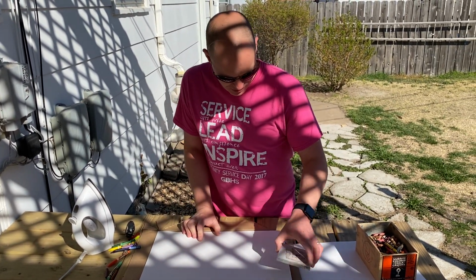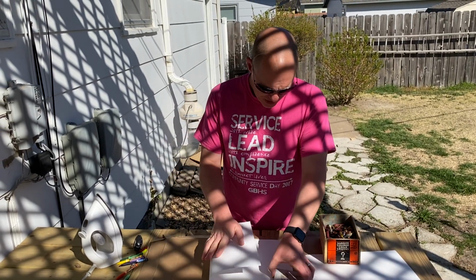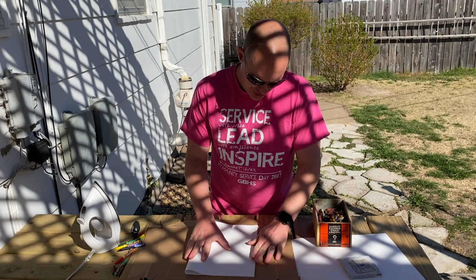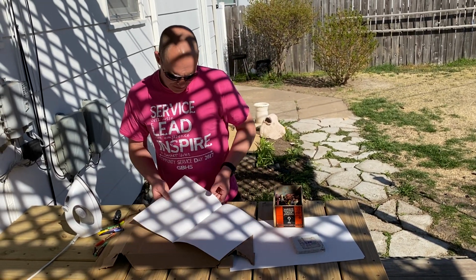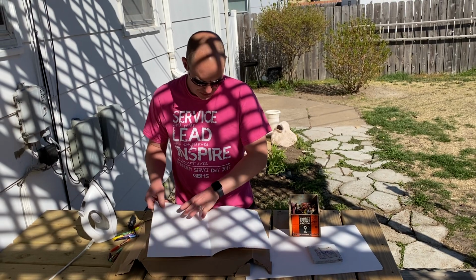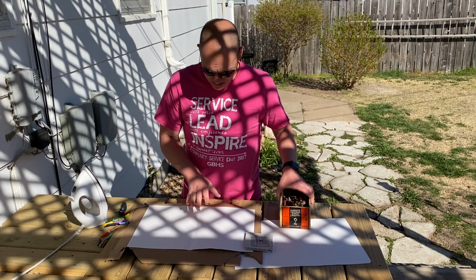It is a bit windy, so I'm going to put some weights on this. I guess before I do that, I should fold this. I'm going to show a couple of different ways to do this. The folding method works the best, I feel like. Obviously, when you're teaching this project with kids,